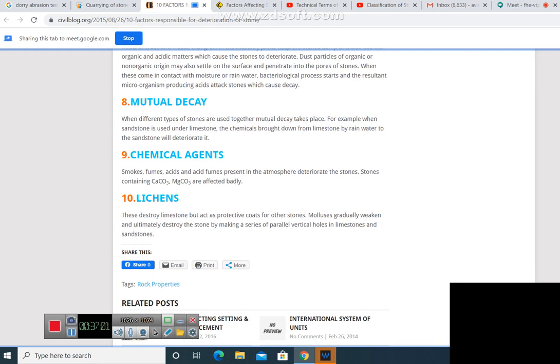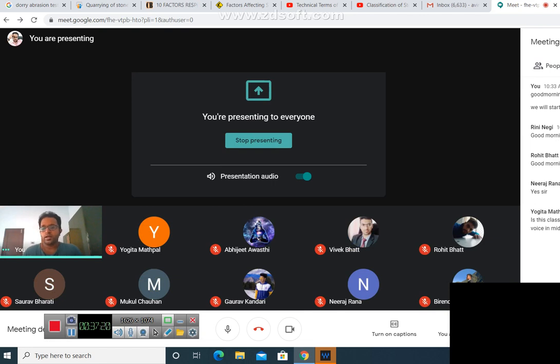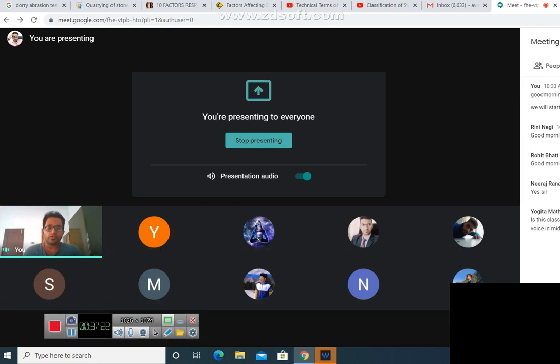Mutual decay. If different stones are used together, it may happen that mutual decay occurs. For example, you are using limestone and sandstone. The chemicals brought down from limestone by rainwater to the sandstone will deteriorate it. It happens if you are using different kinds of stones. One stone you have placed, and over that you have placed another stone. So both the stones will be having